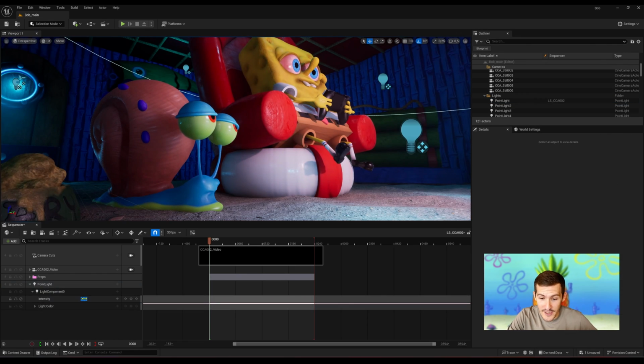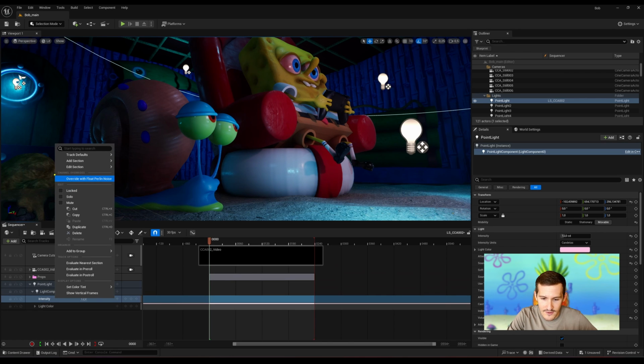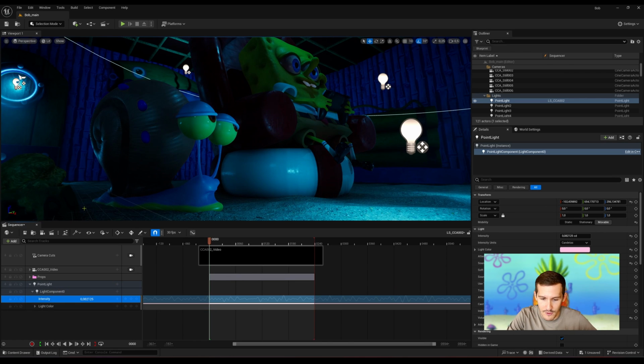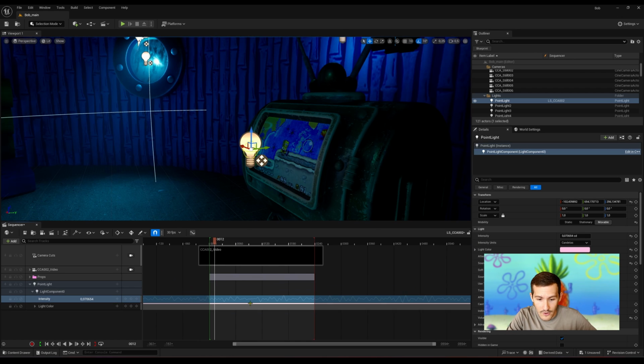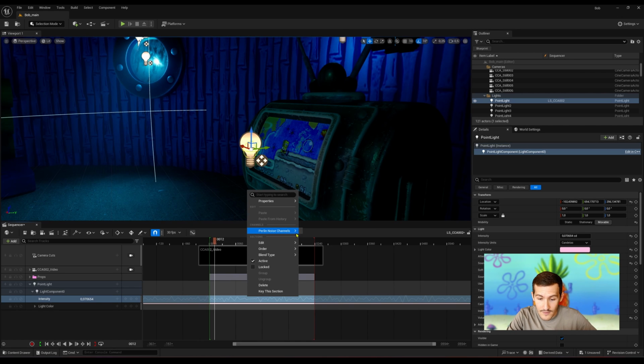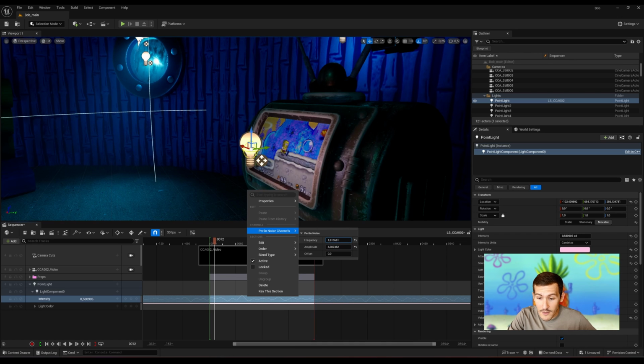Indeed, if you delete your keys here on the intensity track and right-click on it, you'll directly have access to the Override with Float Perlin Noise attribute. You'll quickly see your track change its appearance to display as a curve and noise. All that's left is to adjust the settings of this one by right-clicking on the section here and focusing on the Perlin Noise channel. By modifying the frequency, amplitude, and possibly an offset, you'll quickly be able to adjust your jitter effects directly in your sequencer and in a very simple way.